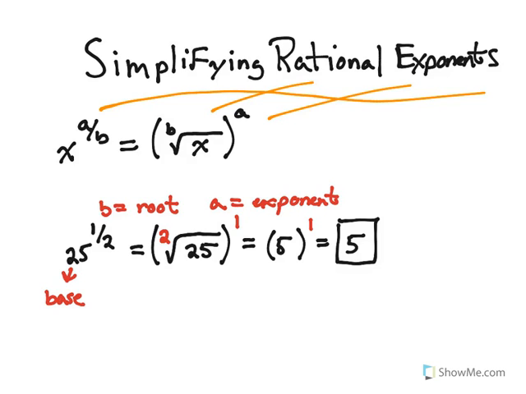And anytime you have something raised to a fractional exponent where the numerator is 1, like 1/2, 1/3, 1/4, 1/5, etc., that is also equivalent to this. So let's say you had, again, the fractional exponent is 1 over something. n could be any number, right? Could be 2, could be 3. That is equivalent to,